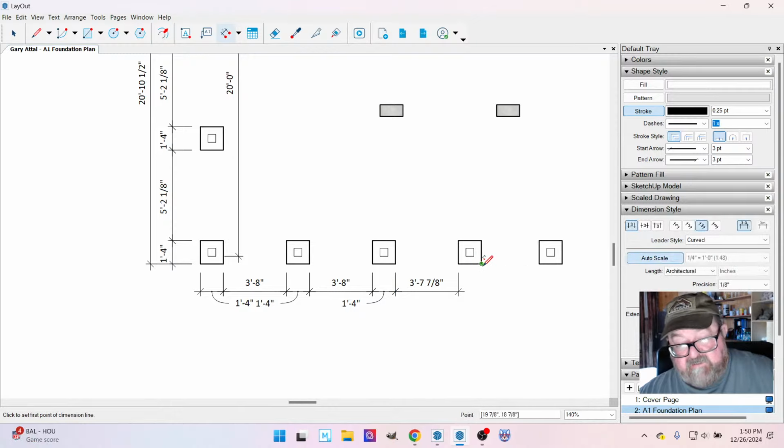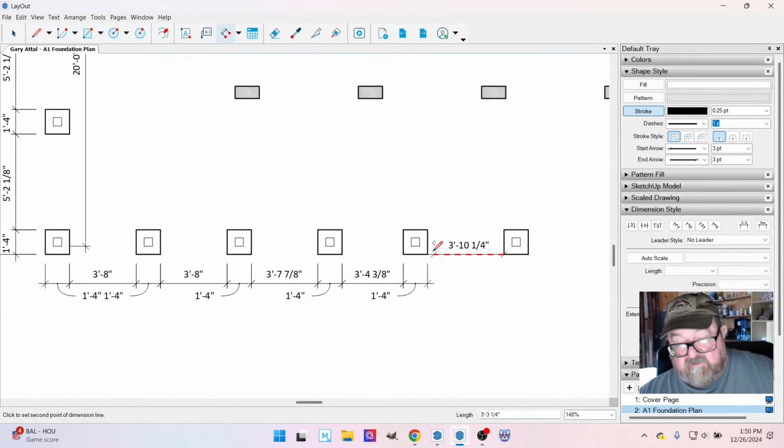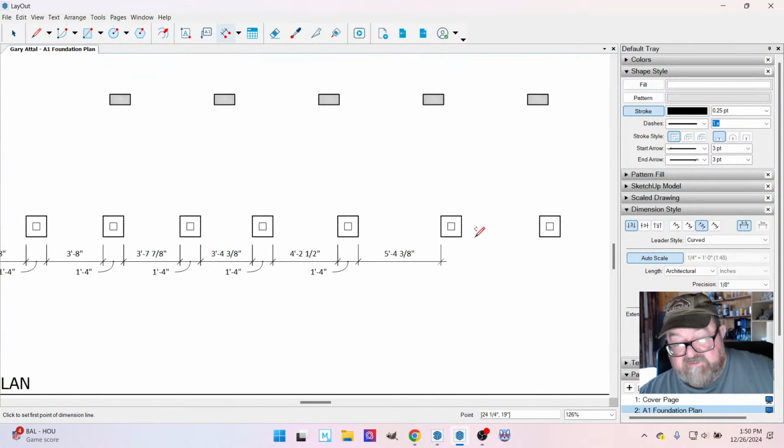Now you would think in 2024 we could just select a bunch of items and SketchUp would automatically dimension it, but since it's 3D modeling, you're asking it to make a bunch of assumptions on what it's actually dimensioning. So, you know, it might end up actually trying to dimension the post too or whatever. So